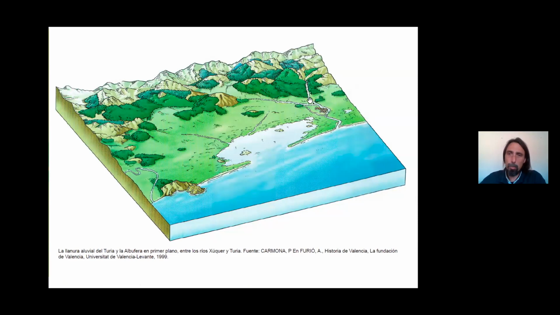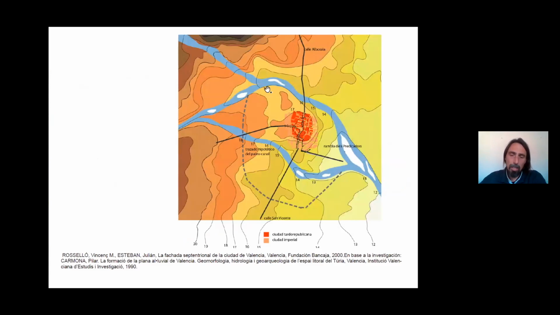So then we can go back to this idea of the morphogenesis of the city. You can see that there's a big lake here. So this afternoon we'll be talking about this in more detail. And that there was this river with a meander. And this allows us to understand the foundation of the city. It's a fluvial island, the island of St. John. And this was surrounded by water in the past. So this is really right at the origin of the foundation of the city.